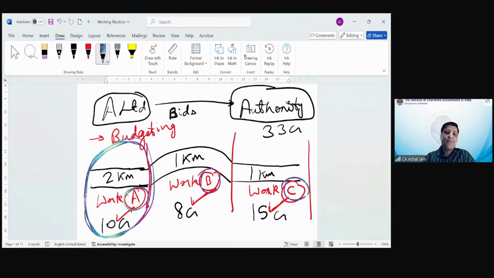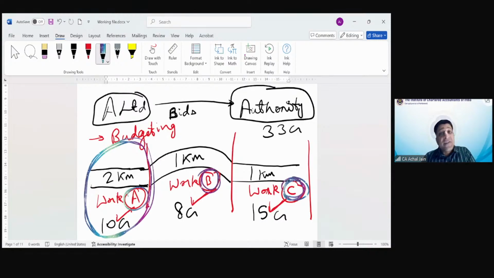Now, in such a case, the moment we say that contract B and C are pending, we need to find out whether authority will accept this or not. Means tomorrow if A Limited wants to work out, not work on contract B and C, if the authority is okay with that, authority says no problem, I'll get these contracts executed from somewhere else. Then what do you call these contracts as? They are not interlinked to each other. They are not interdependent.